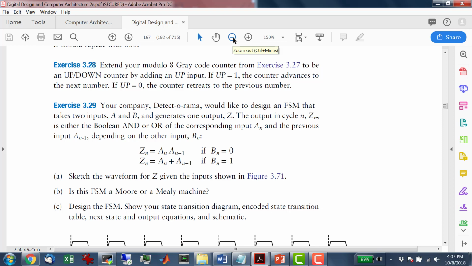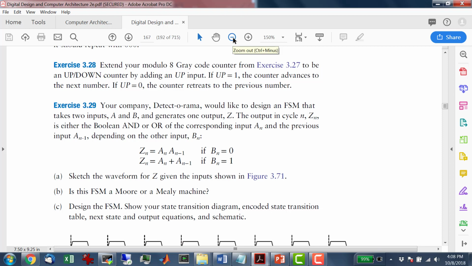So you could think of this like, I like this example because it shows that the state, in this case, kind of lags behind the current input, right? That's the idea. It's lagging behind because every time you get a clock edge, it's going to capture the current value and hold it for a cycle, right? So that's why I'm looking at what A is now, but on the clock edge, I'm going to register that as the old A, because the A is going to change while I'm in this state, right? That's kind of the idea, right? Okay, so